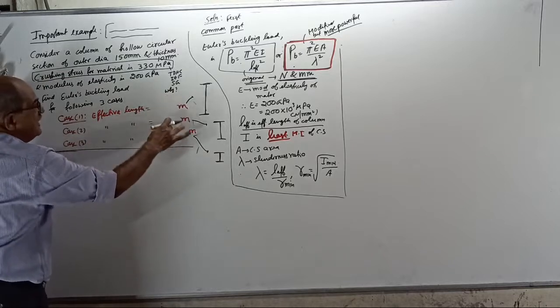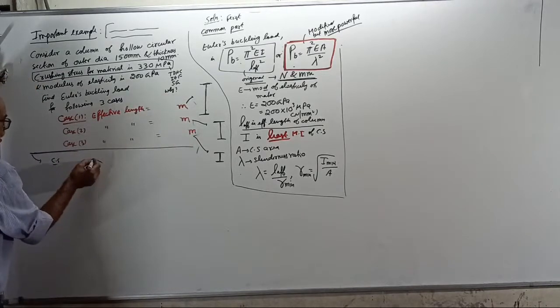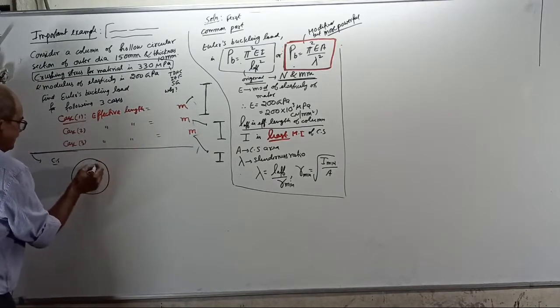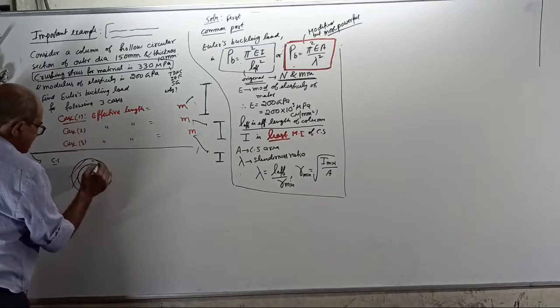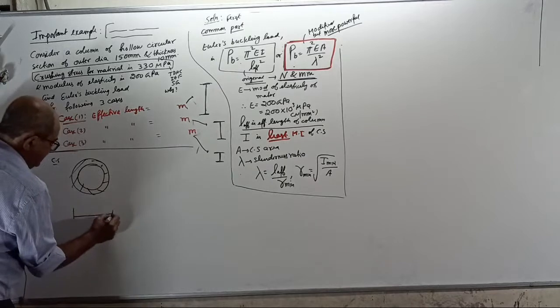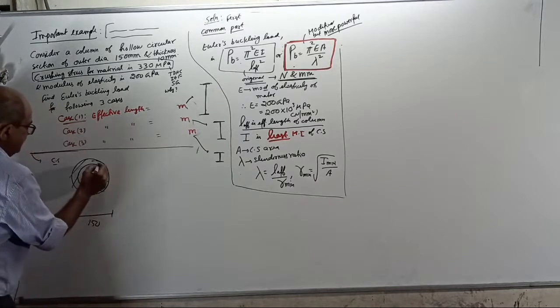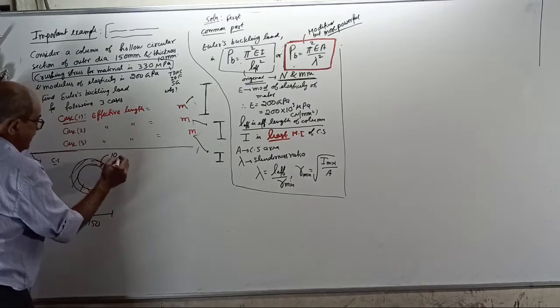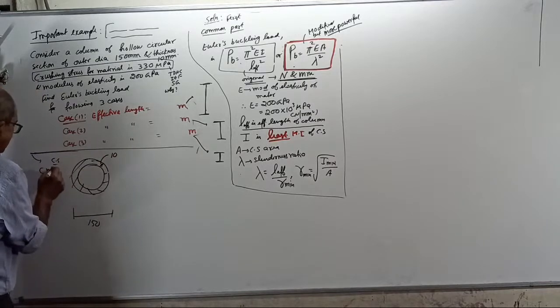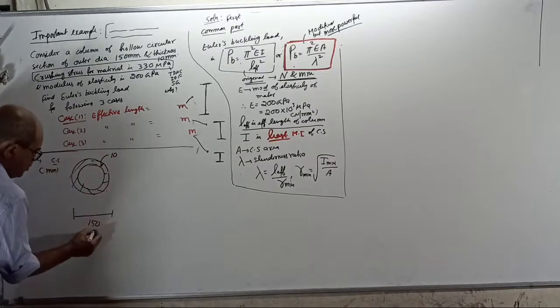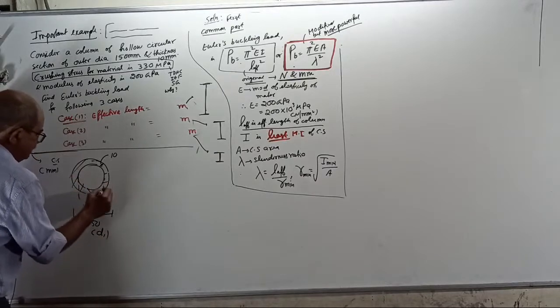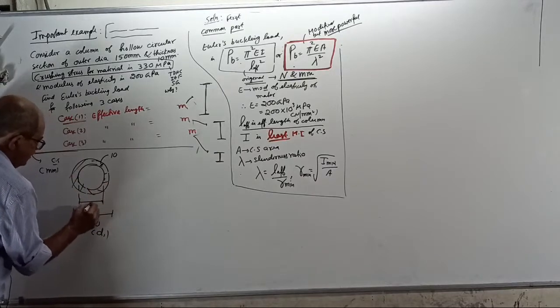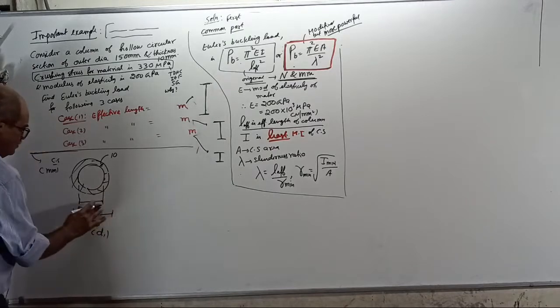L effective, there are 3 questions. Don't worry now. Your cross section is a hollow circular section this way. This is the column cross section. Outer diameter is 150 millimeter. Thickness is 10 millimeter. All dimensions in millimeter. Therefore, outer I can take as D1. So project here, this will become your D2. Tell the D2 value.